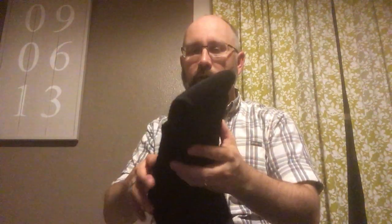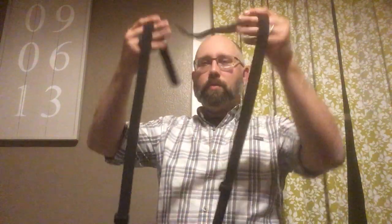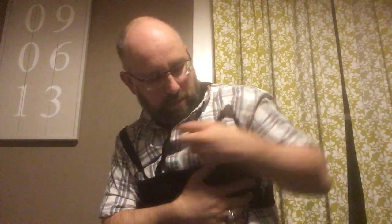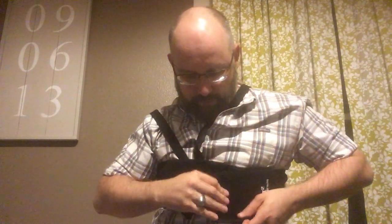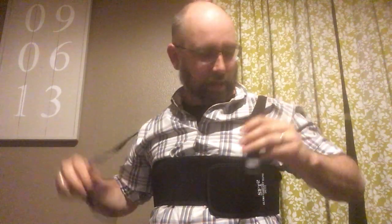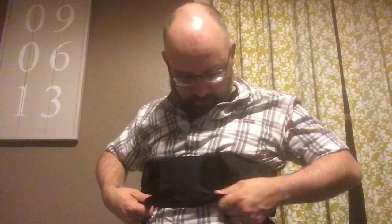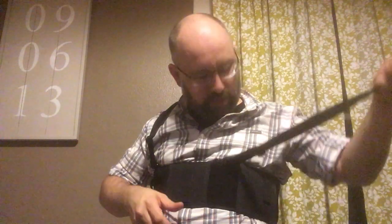This particular one goes on very similar to a shoulder holster style, but with the exception that you would simply remove here. See if I can do this without any assistance. So I'm going to hold the two straps here, put this behind me, drape the straps over my shoulder, put that on, and then I'm going to turn it to get it in position. And these would be Velcroed behind, which is hard to do if it's the other direction, but that way it